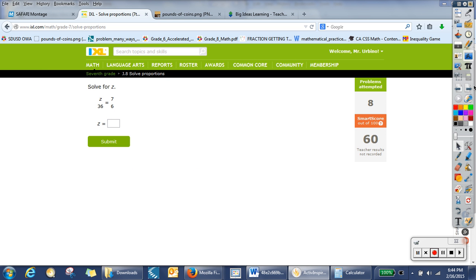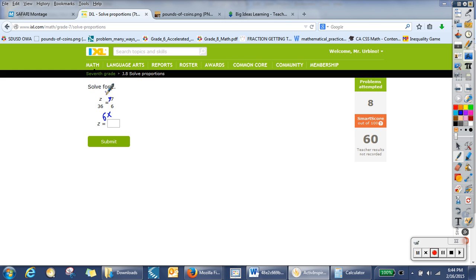Alright, now let's solve these guys out. Okay, 7/6, I know that is as simplified as possible because first off, we have 7, which is a prime number. So 7 can't go into 6 at all. So I know that this is already a simplified fraction. So if I know it's a simplified fraction, I can